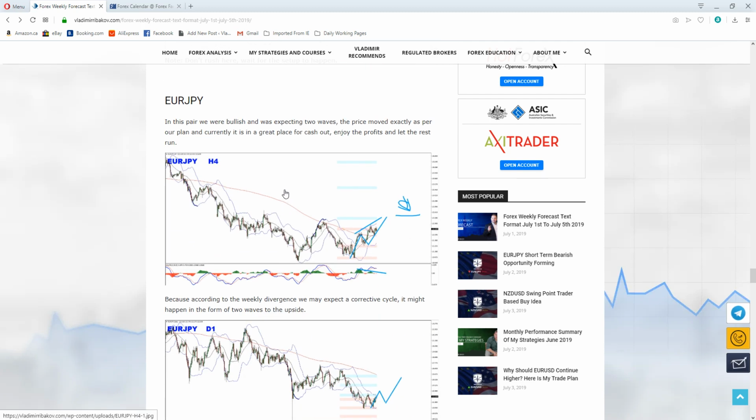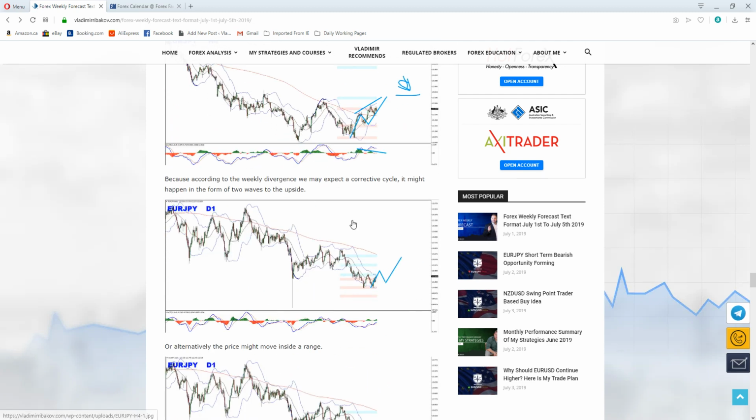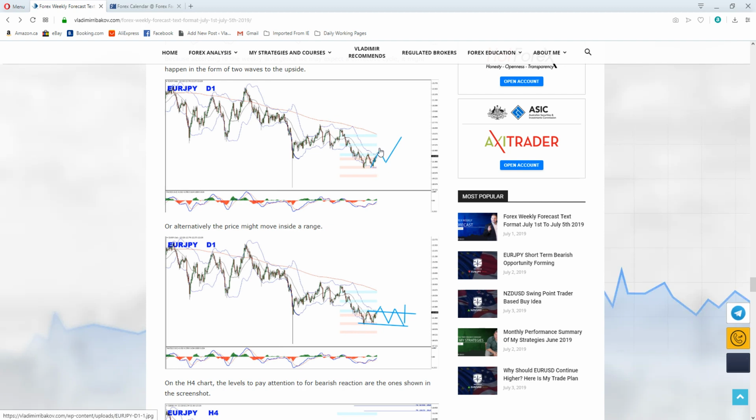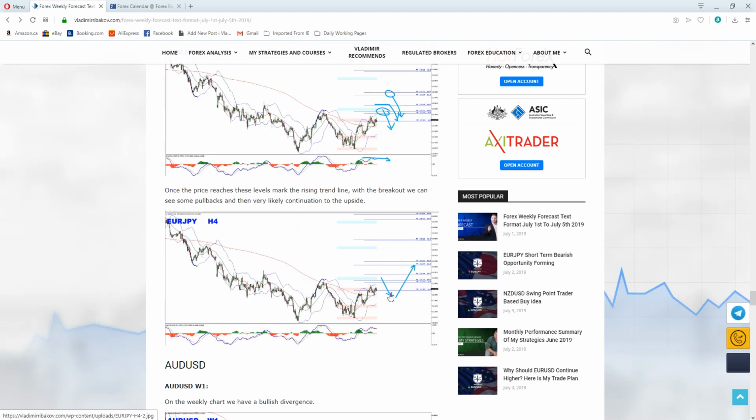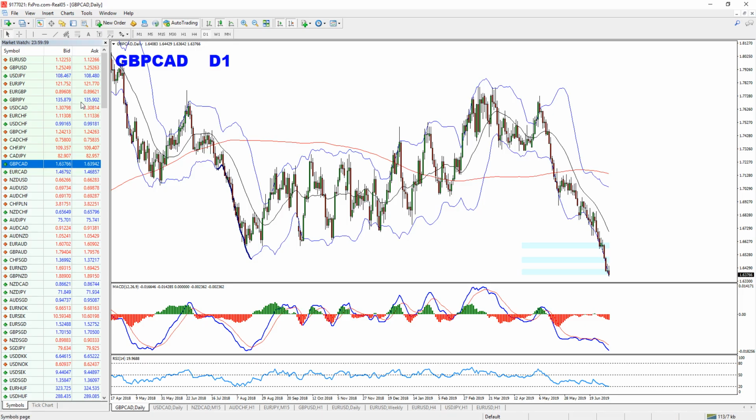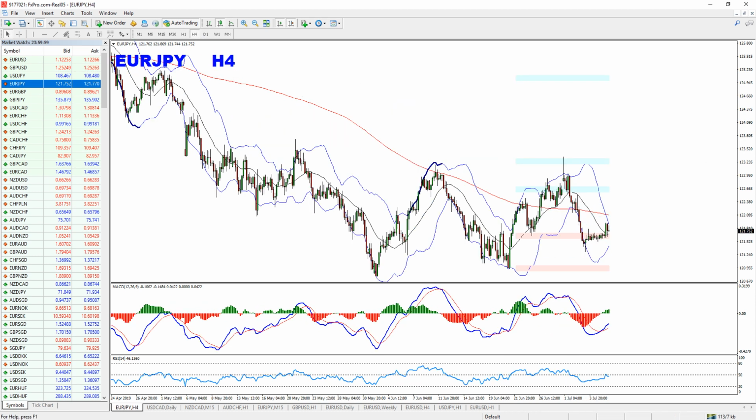Next one was the euro versus the yen. The expectation was to get two waves from the daily chart. The way I wanted to see that is a retrace on the 4-hour chart, and then likely to continue to the upside. We wanted to see some bullish setups here. So the first move down happened,